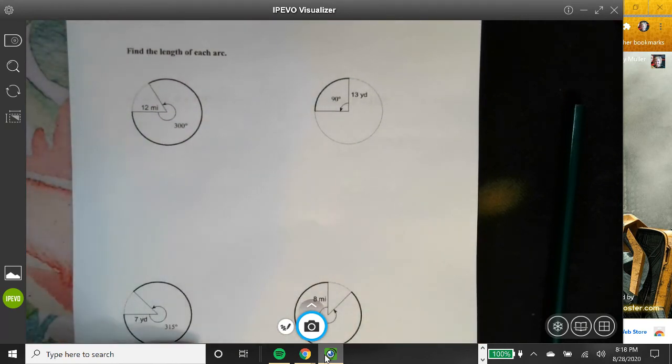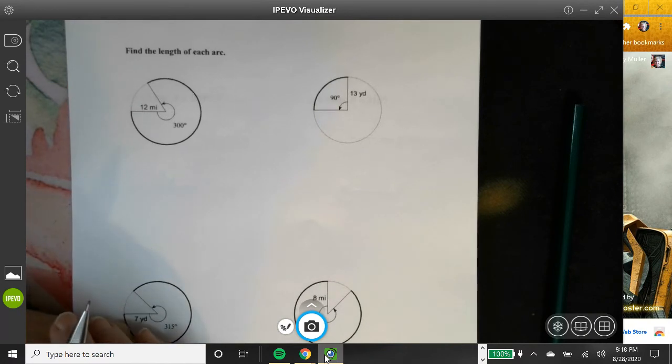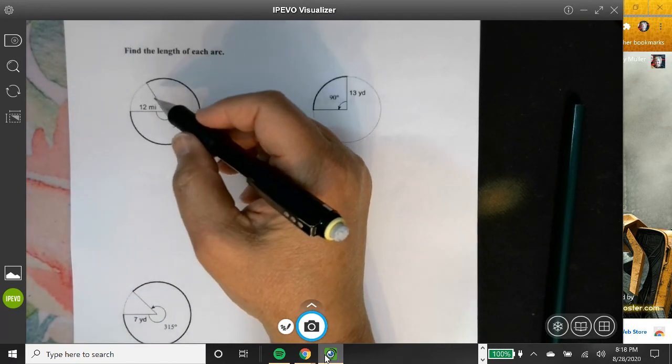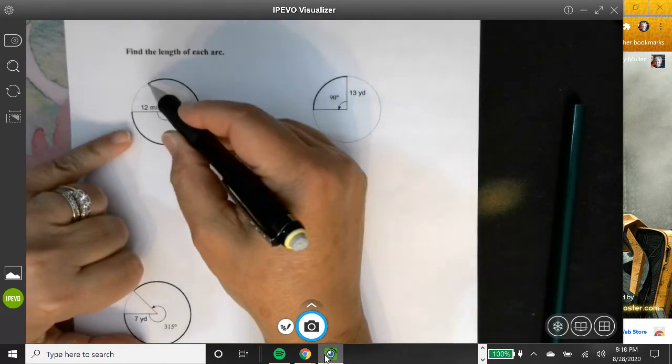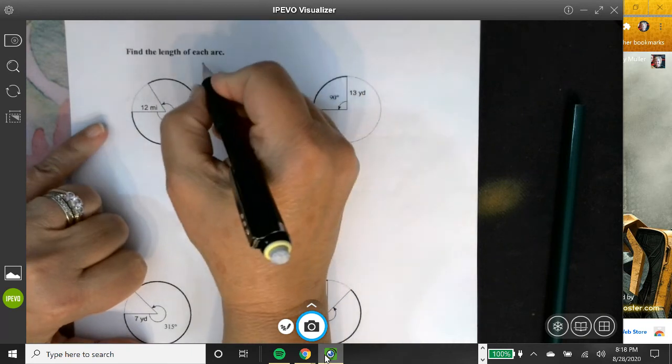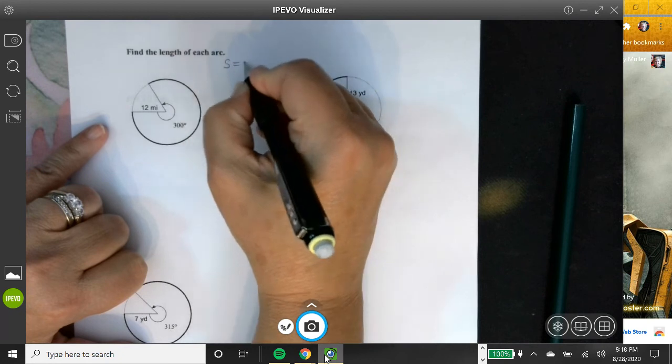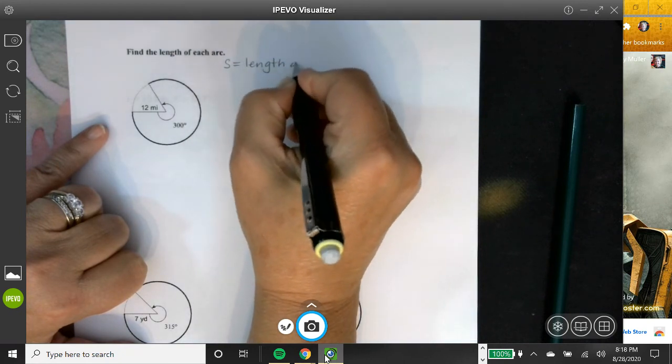The other thing we need to talk about today are arcs. Now back in geometry, there was a formula for you to be able to find the length of an arc. An arc is a portion of the perimeter or the circumference. We call the circumference the special name of the perimeter of a circle. For lengths of arcs, we use the letter S. So the length of an arc,